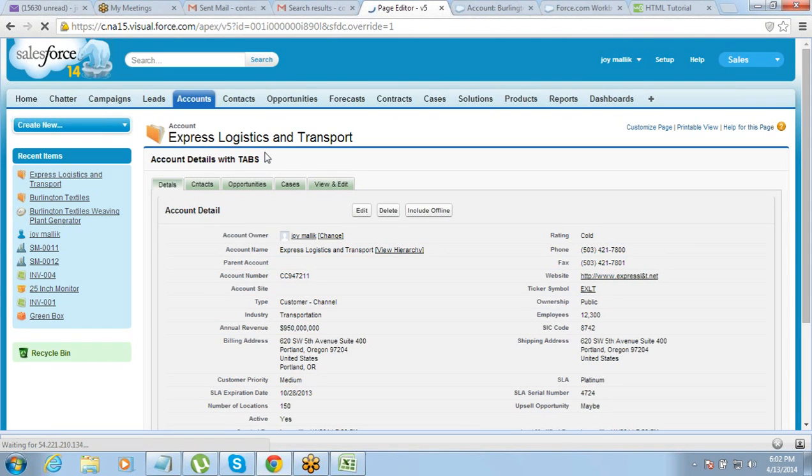Open Express, Logistics and Transport, it opens in that format, right? So I've designed the template and you have overridden the standard page using this Visualforce page. Now whenever the user goes to any record and opens it, that will open in this template